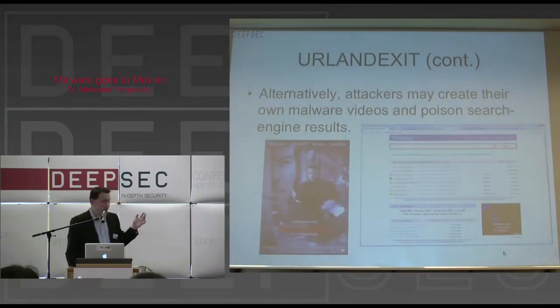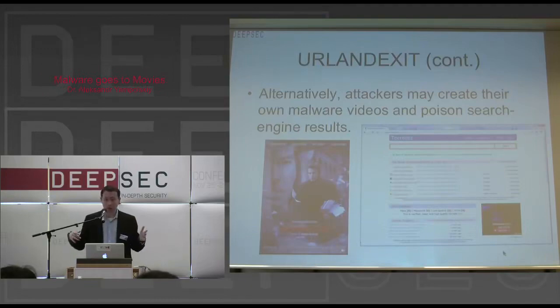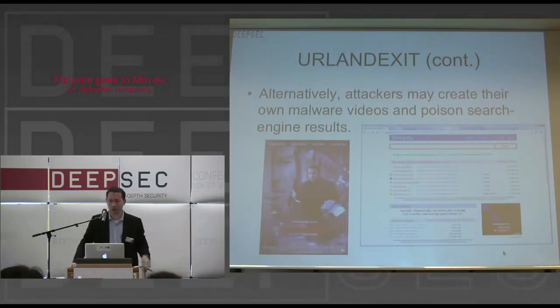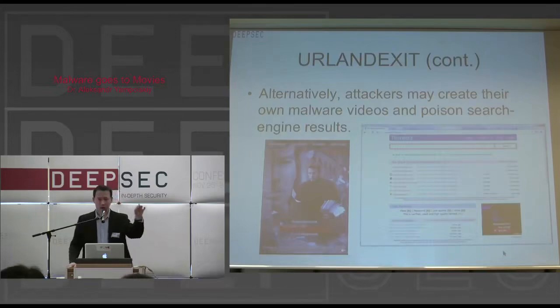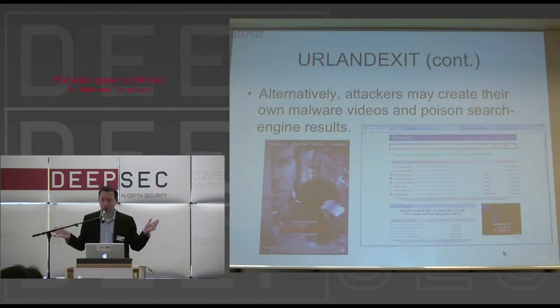So alternatively, instead of you sharing the music and video files yourself, attackers could upload videos themselves. They could poison the search results, as I mentioned, and upload the videos they created. Now, the good news about these videos is that usually they're pretty lazy. So they're not going to inject the URL and exit command in the middle of a video, they're going to inject it in the beginning. And the video itself is going to be fake. So it's really easy to detect you've been duped. You download the video of a movie, you click on it, and you can't see it because it's not a real video. So in this case, detecting them becomes pretty easy.